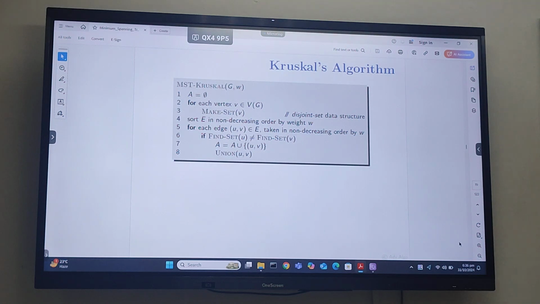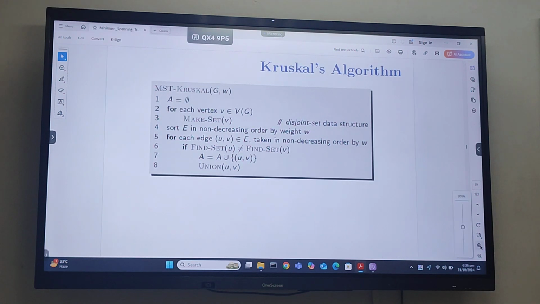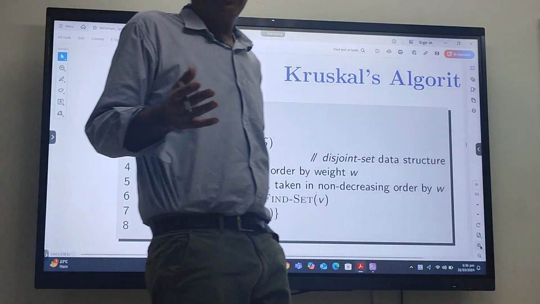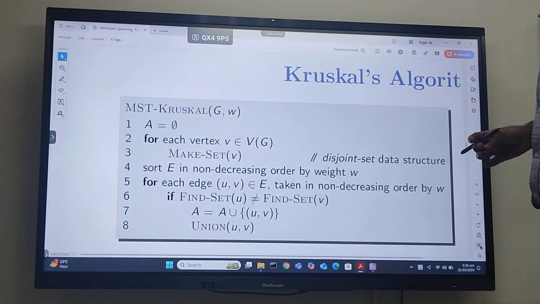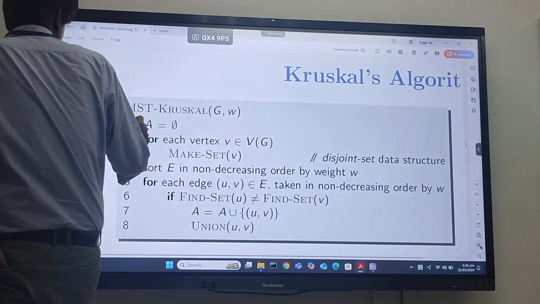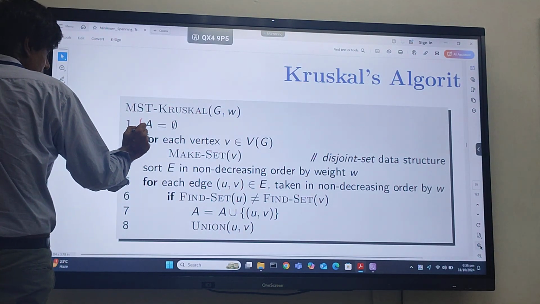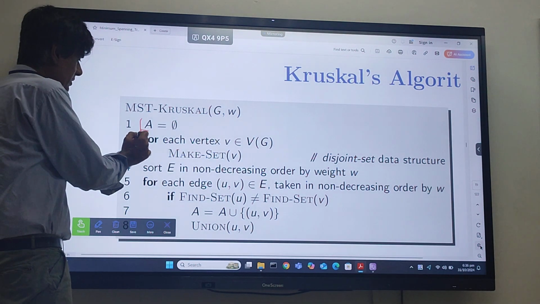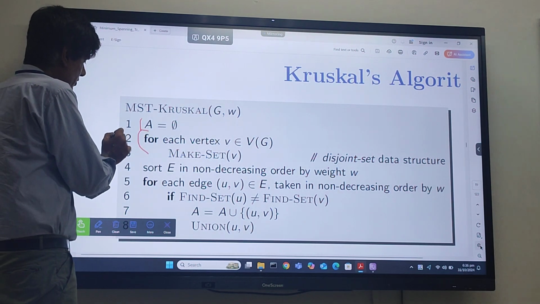So this is the algorithm. Now this is a concrete algorithm. What it does is first the same as in the generic algorithm. We start with an empty set of edges, then we create a set for